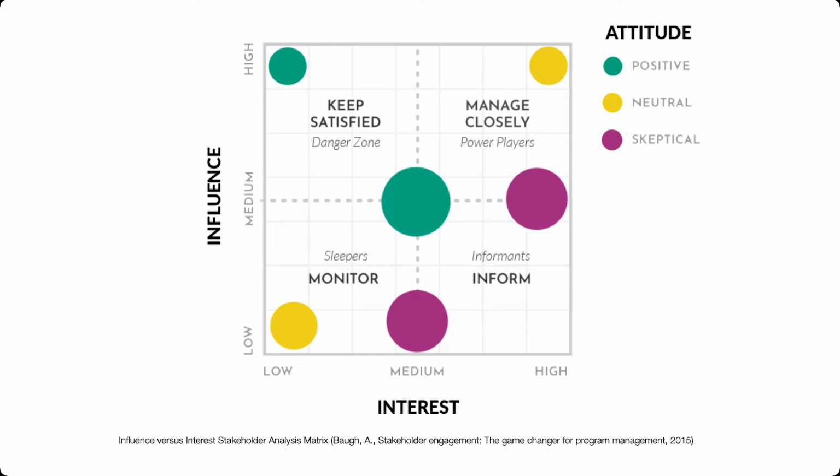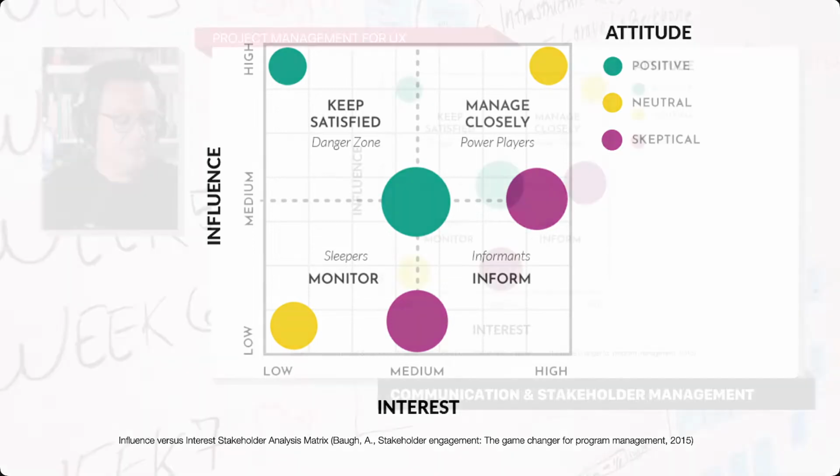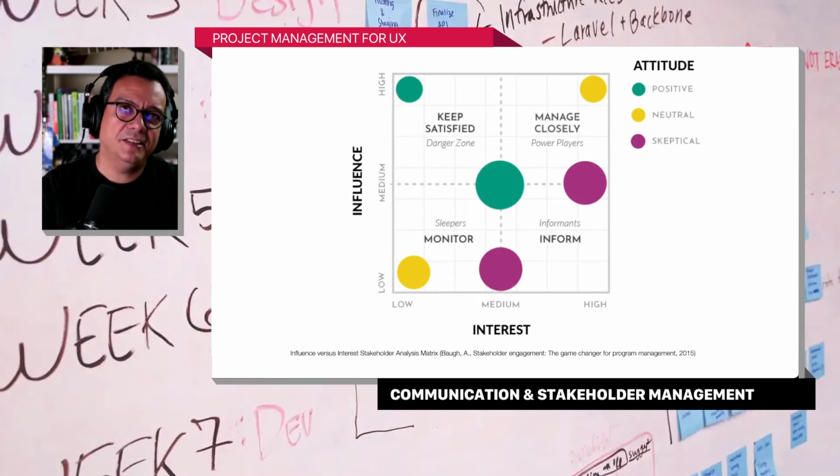Usually what I do is, if you're not into understanding the politics and the people dynamics of your company, and you think that this is an overkill, here's something that you might find useful to do: a diagram like this. We talked in a previous episode of the series about design reviews and how to conduct design reviews and so on. Well, you could use your map